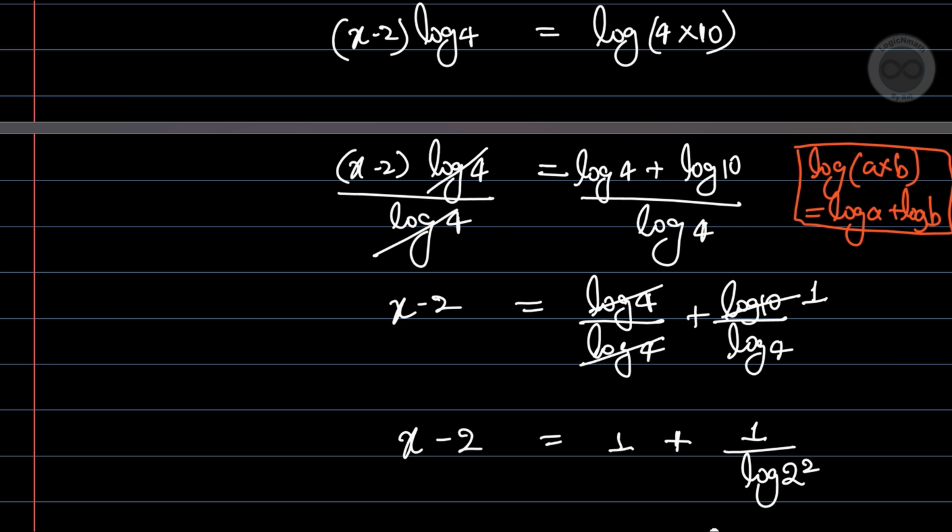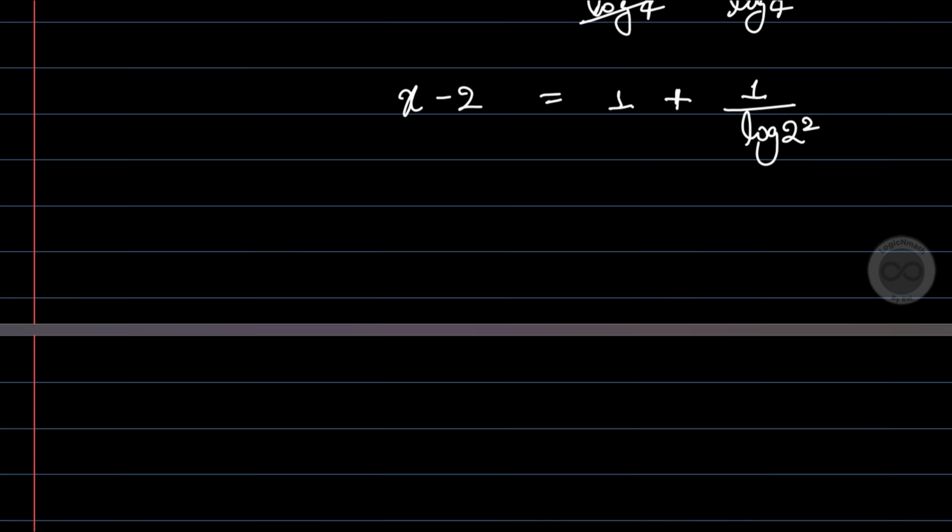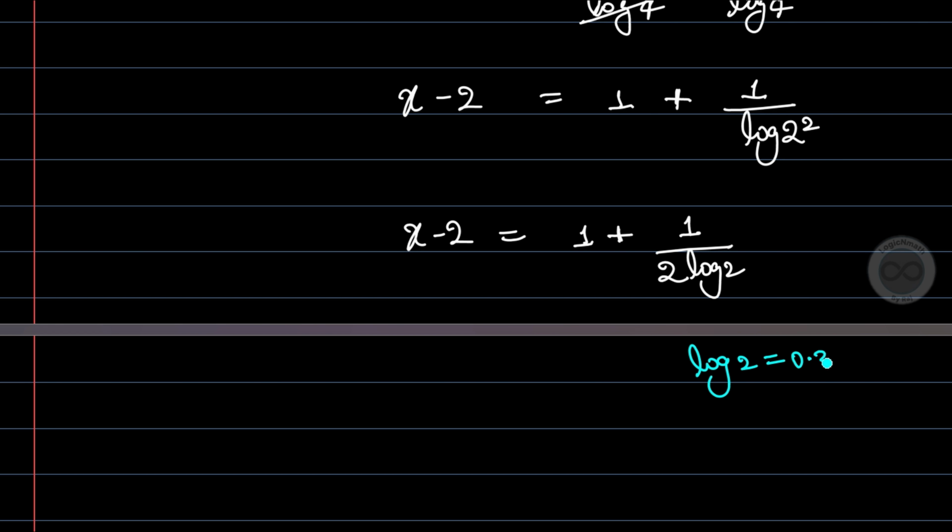which can be written as 2 raised to the power 2. Now this 2 as exponent will come down. So it becomes x minus 2 is equal to 1 plus 1 over 2 log 2. We use the property that log of a raised to the power m is equal to m log a. Now we know the value of log 2,